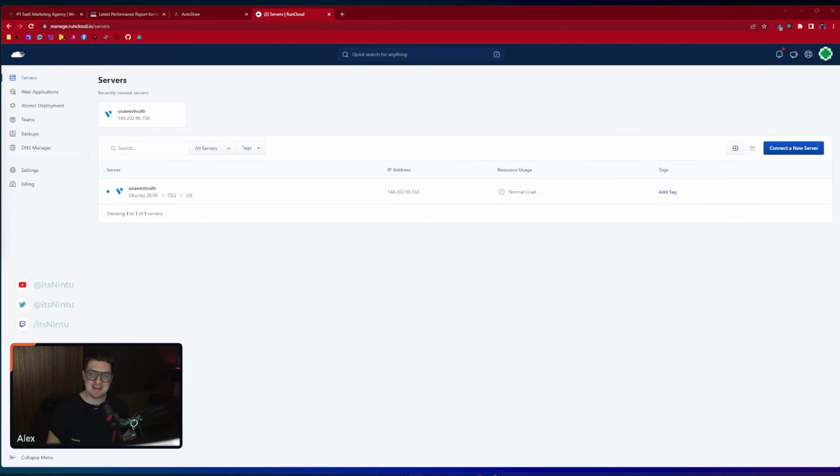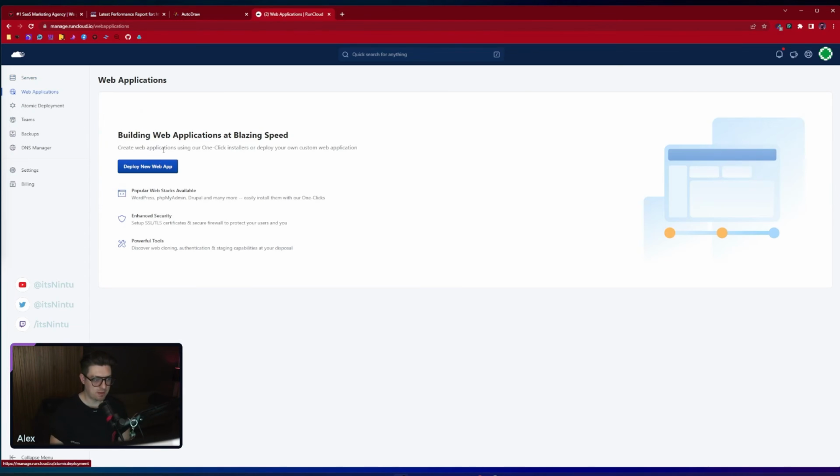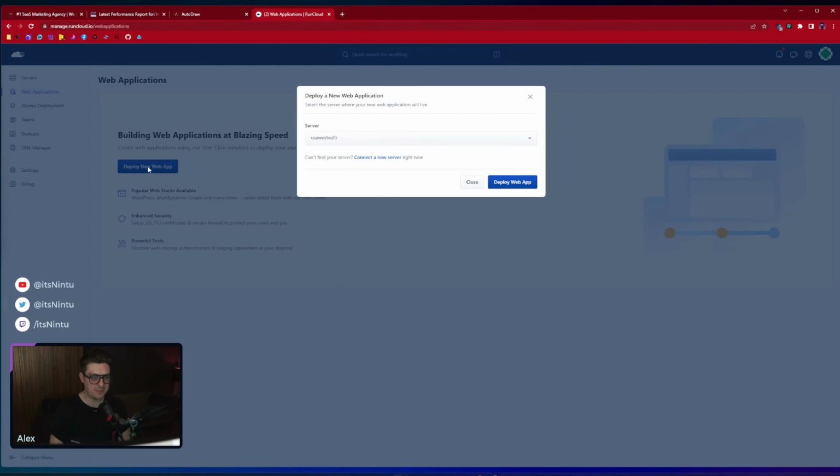So we're now ready to deploy our very first WordPress website. Now to do so, we're going to go back to our RunCloud dashboard. And now you'll see your new server provisioned, and it'll have a little green light beside it, meaning it's connected and all ready to go. What we'll do next is click on Web Applications on the top left-hand corner here, deploy a new web app, select our server that we have,